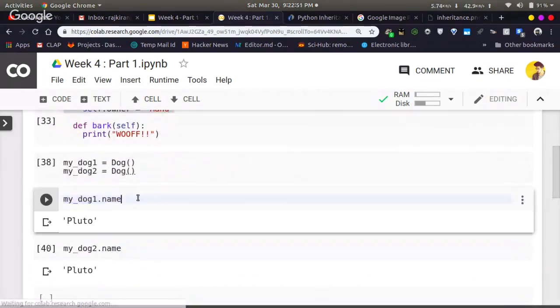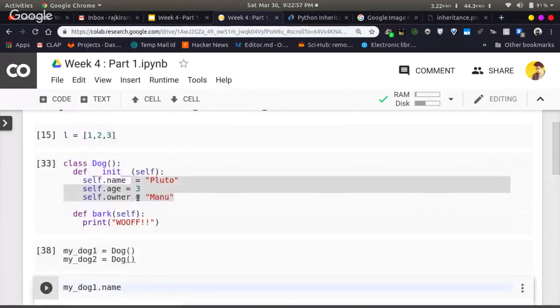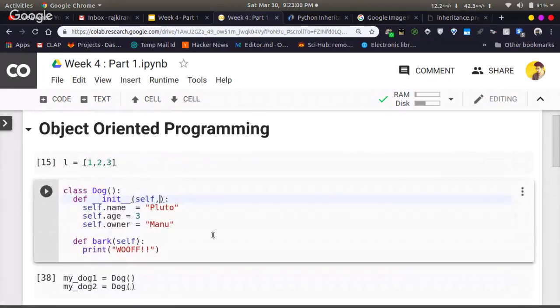What if we have to change this behavior? What if we have to pass on a dynamic value inside that class? So that is when you can pass other arguments while creating an object. One more time, I'm repeating what is the use of this init. Init is a constructor method which is called whenever an object of this class dog is created. So whenever you create an object of this class dog, this init is the first function that will be executed. So we can pass in here